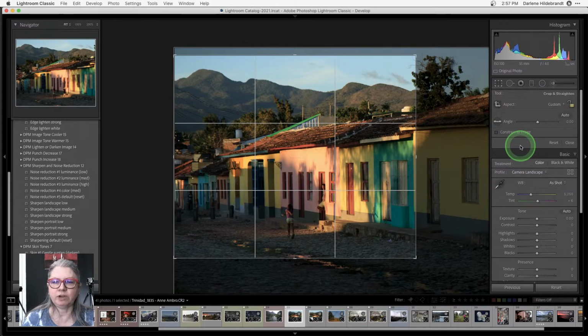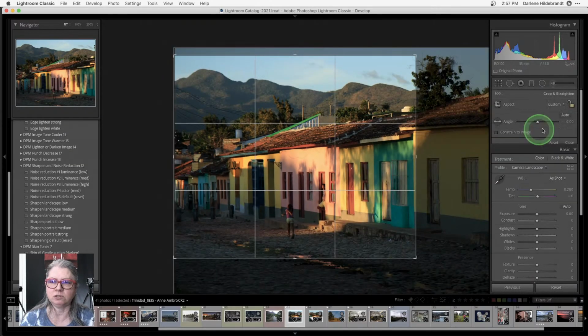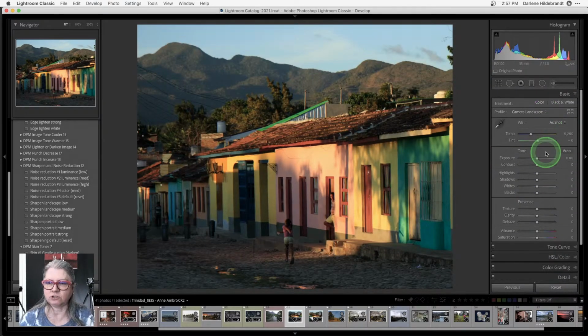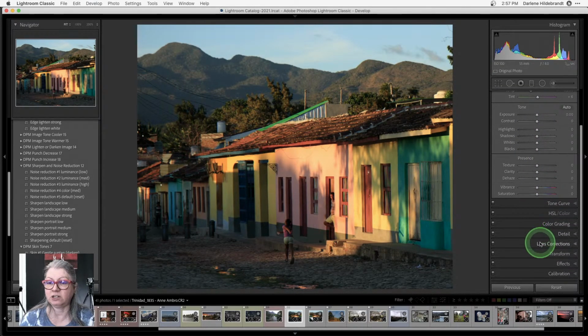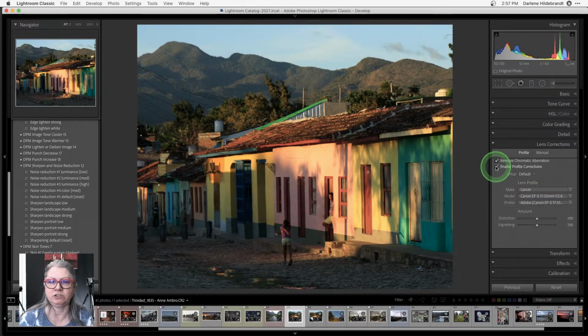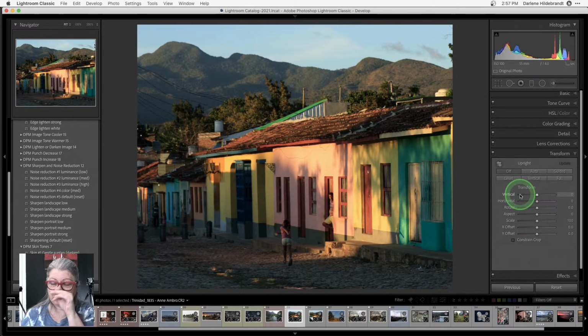Now I'm going to correct the tilt. So I could try in the crop tool, there's auto, which will try and correct any tilts. Okay, but I'm just going to go to a different tool down the bottom here, which I haven't done yet, which is lens correction. So remember my chromatic aberration. I want to turn those on. And then transform. Okay, so transform looks for if you have distortion looking up at buildings.